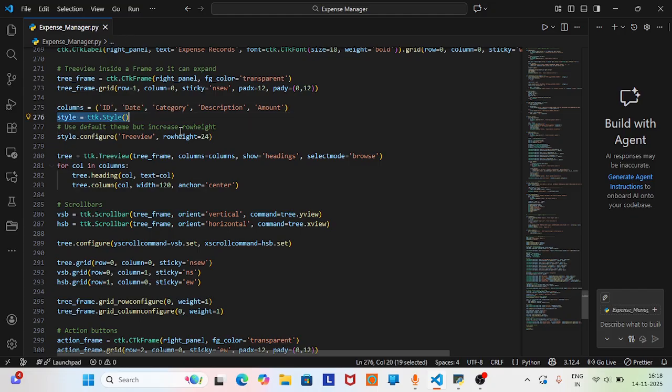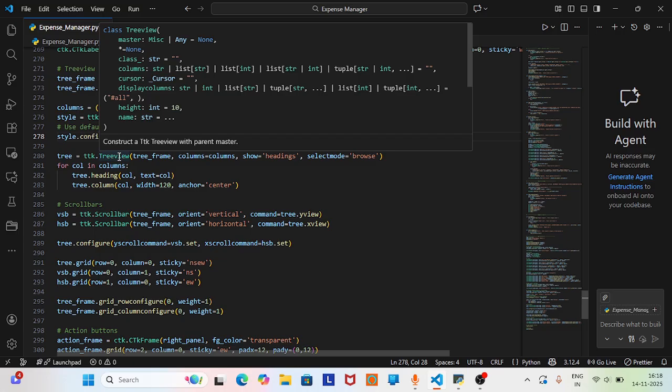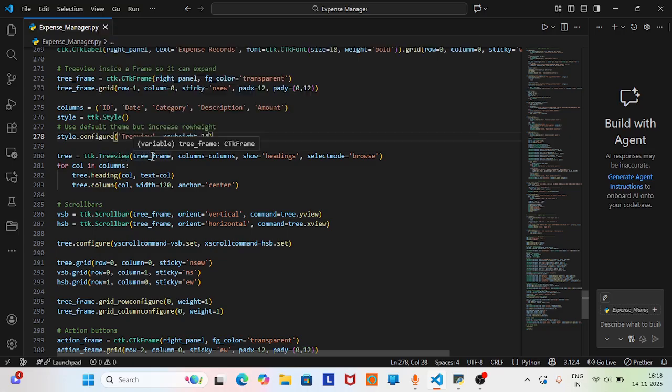Okay, and then we have styled it like that, with its own row heights in the tree view format, configured it, and then we are using a module as ttk, and the class inside of it, Treeview, inside that particular tree frame, with columns equal to columns of it, and we have defined its headings, and then the select mode of them as browse